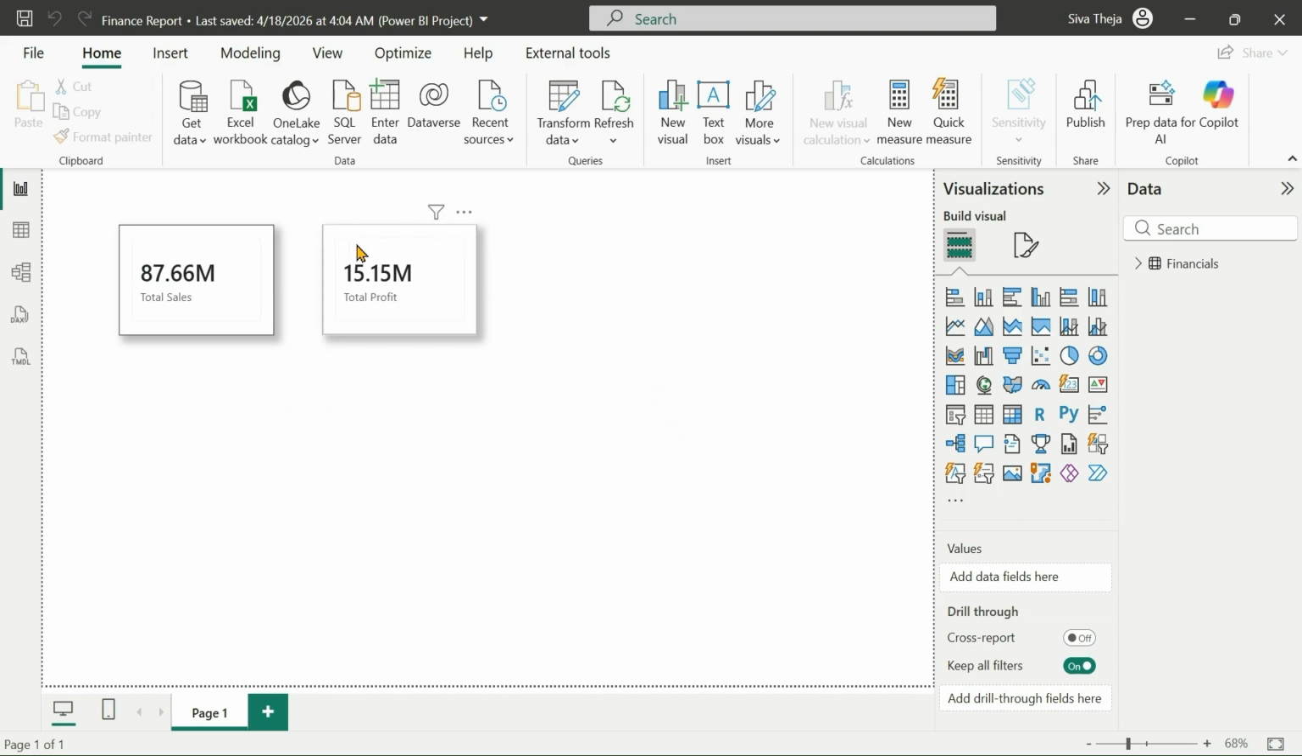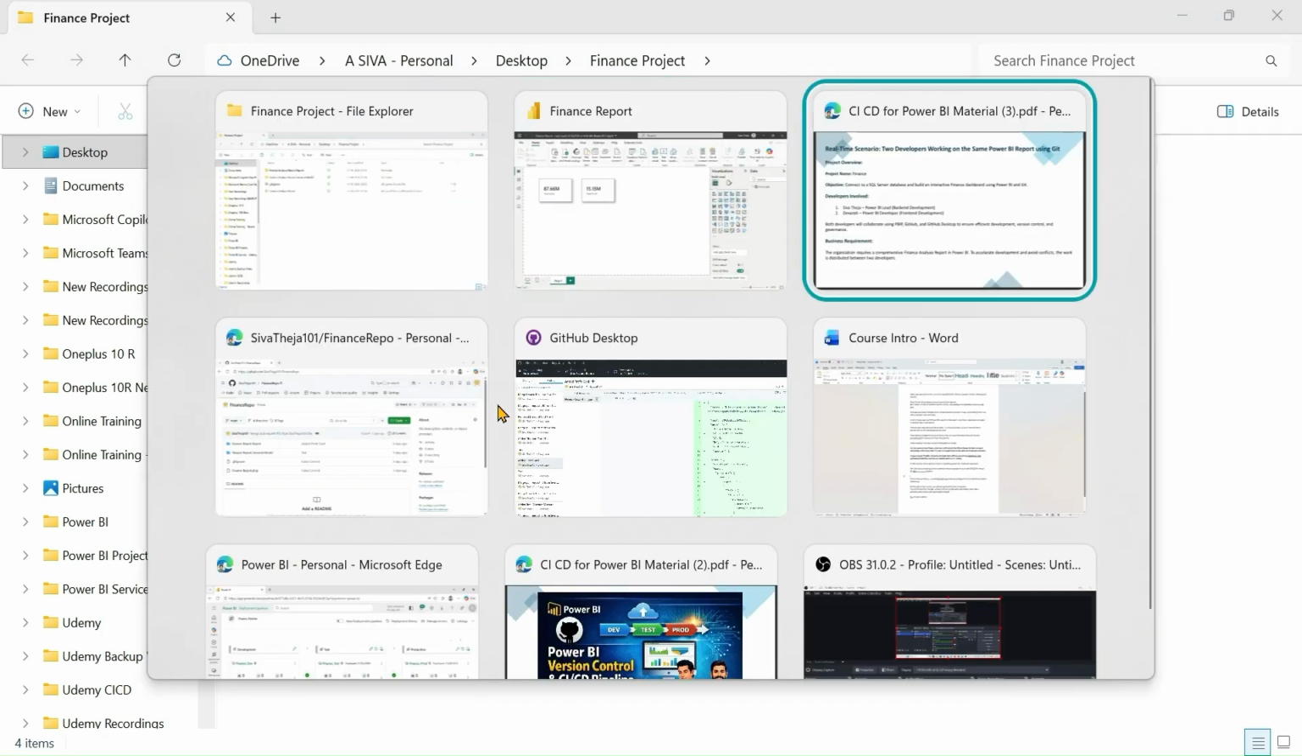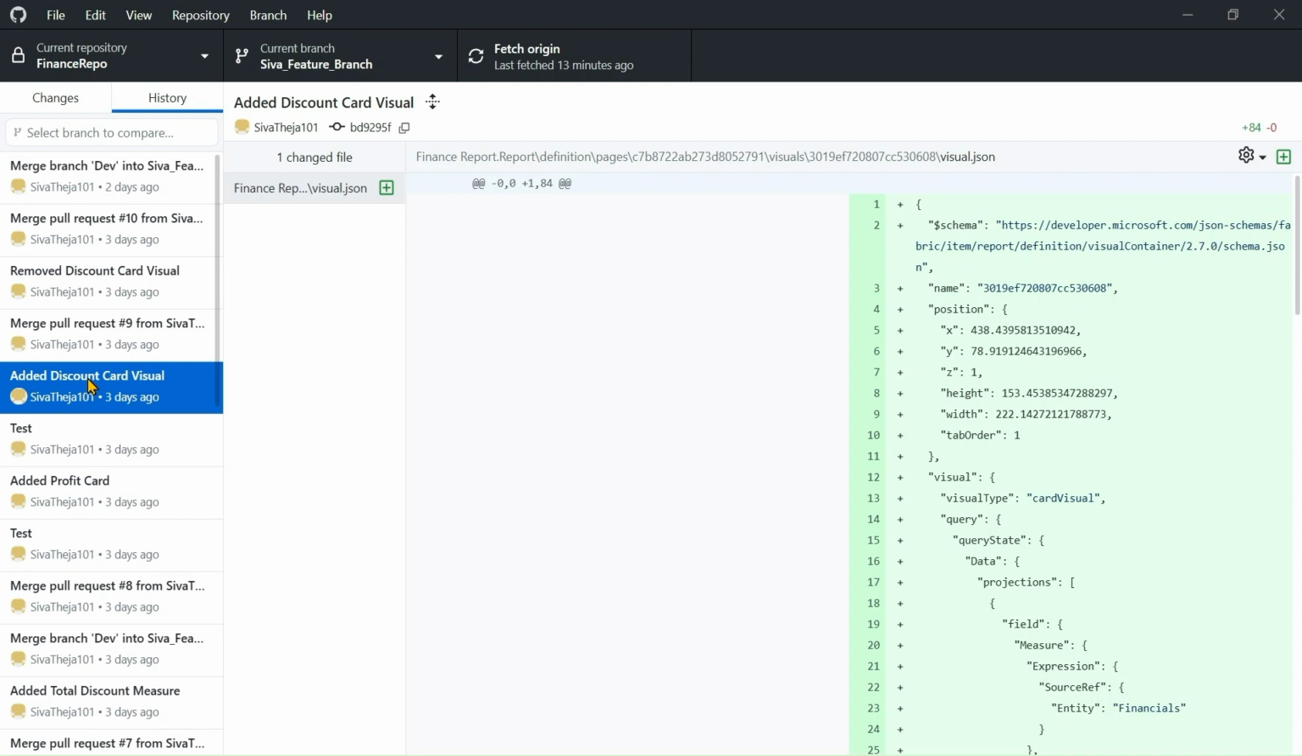So we will save the Power BI file in PBIP format in one of the folders. Then we will go to GitHub Desktop and we'll maintain the version control here. Right here we will come to know what were the changes that happened, exactly line by line we are able to track since we are using PBIP format. So who has done the changes, when it was done, everything we are able to track,